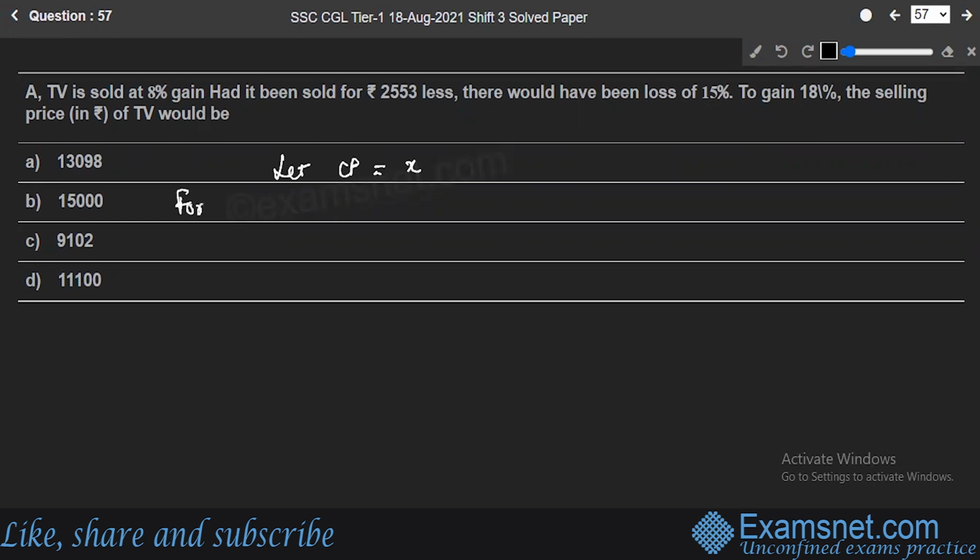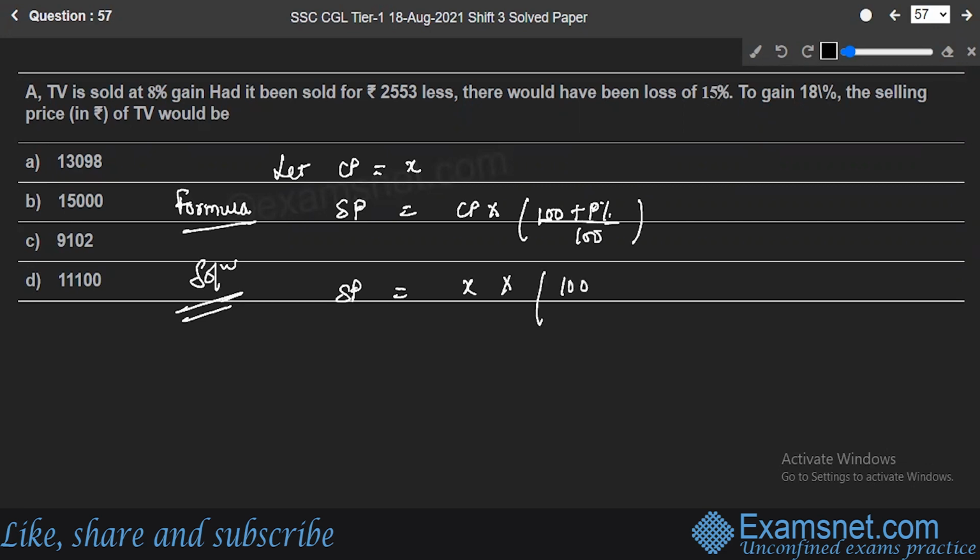What formula will we use in this question? Selling price is equal to cost price into 100 plus profit percent upon 100. So according to this formula, the selling price should be equal to cost price, which we assumed as X, multiplied by 100 plus profit, which was 8, upon 100, right? So this is equal to 108 upon 100 into X. Now, according to the question,